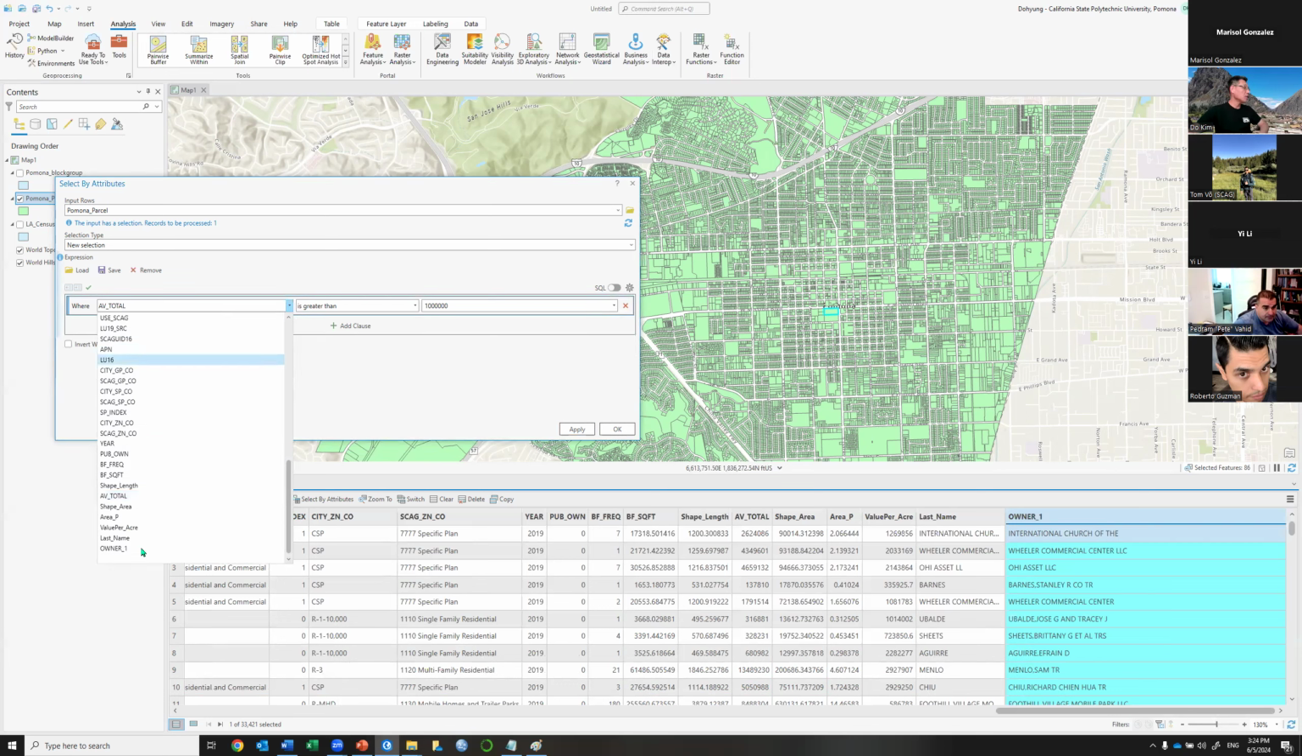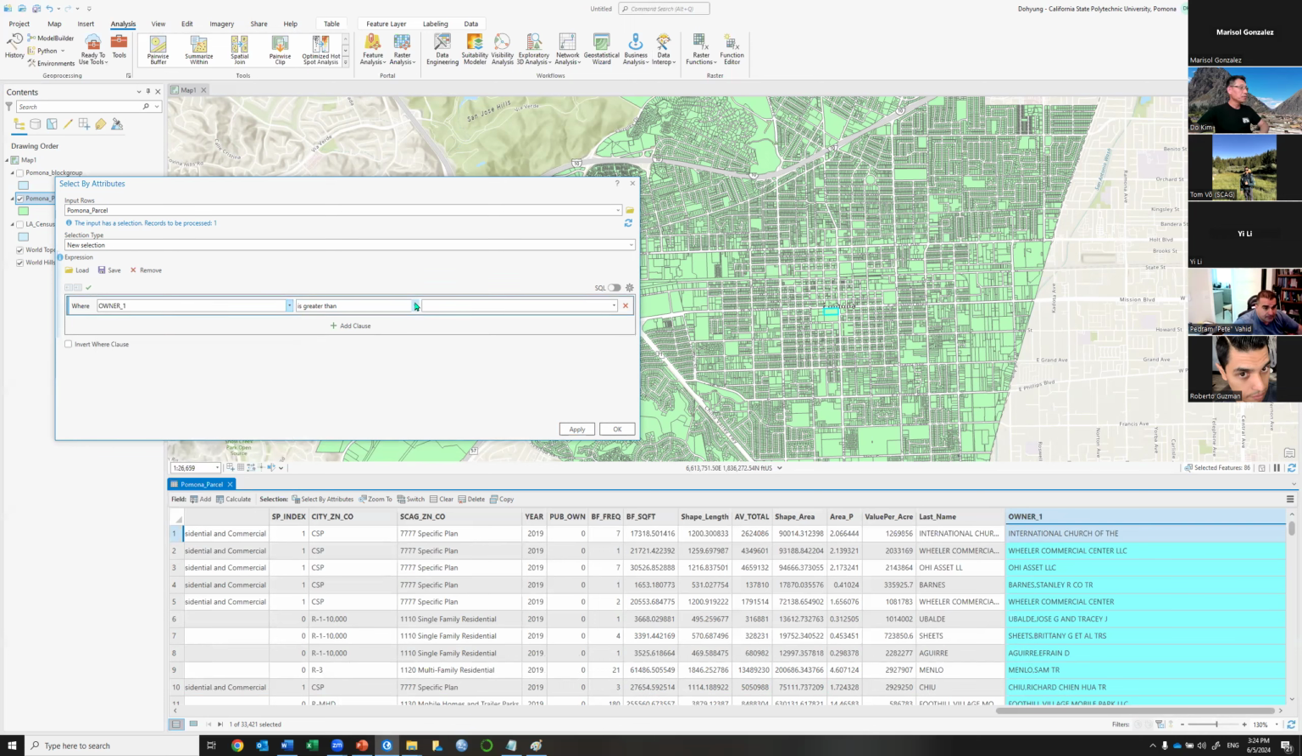if I say owner one, the value starts in the owner one field, which is a text value. This time it is slightly different from the numeric quantitative value. I can say begins with Kim, right? Case sensitive. So I type in all upper case, and if I use the comma, that will impose my last name. So if I click apply,